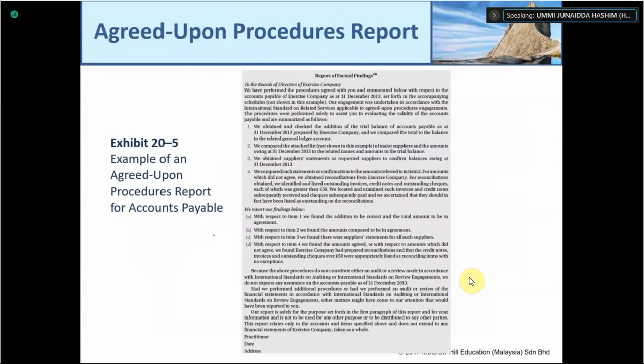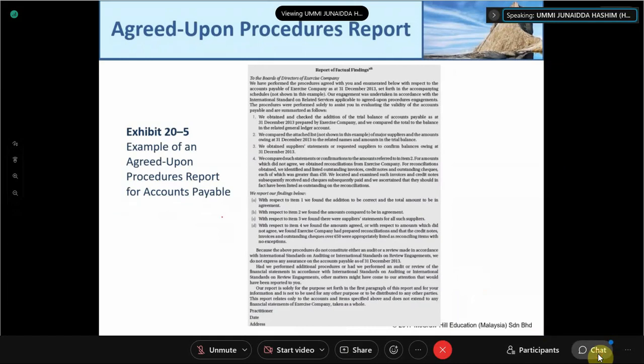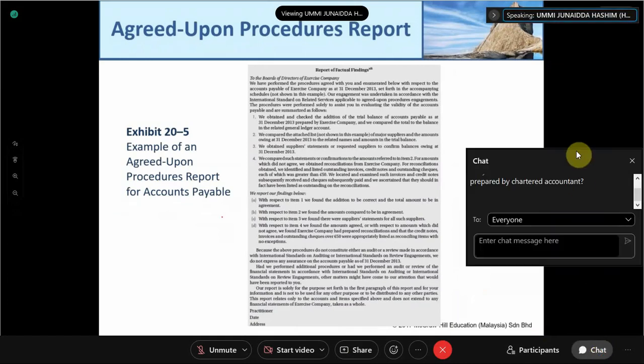So kalau you tengok dalam textbook you tu, when the practitioner performs an agreed upon procedure engagement, the practitioner should ensure with the entity that there is a clear understanding regarding the agreed procedures and the conditions of the engagement, and plan the work so that an effective engagement will be performed. Document matters that are important in providing evidence to support the report of factual findings and document compliance with the ISRS 4400 international standard